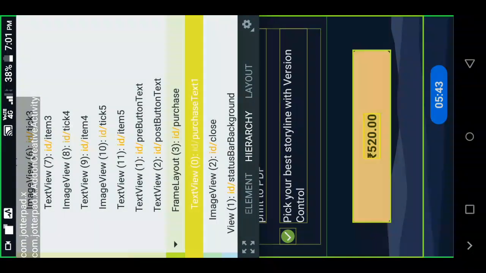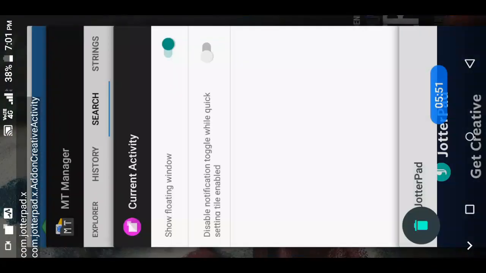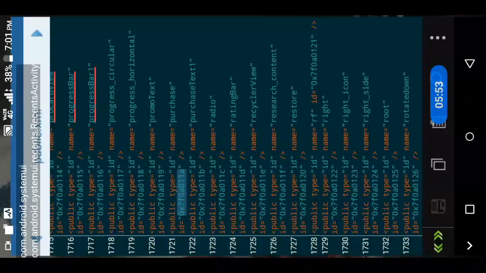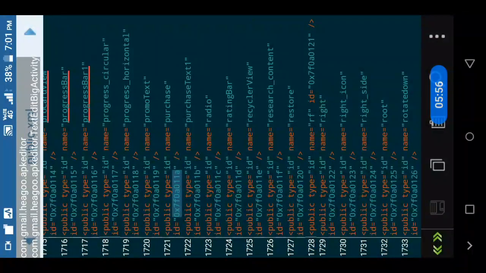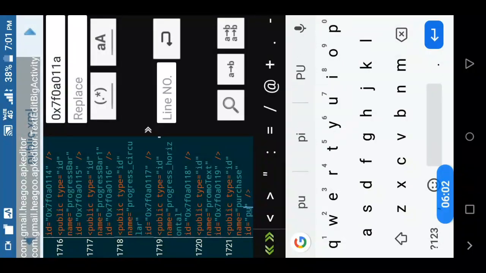Let's search for this button's text, that is the text view of this button, purchase text 1. Let's search for purchase text 1 in APK Editor.